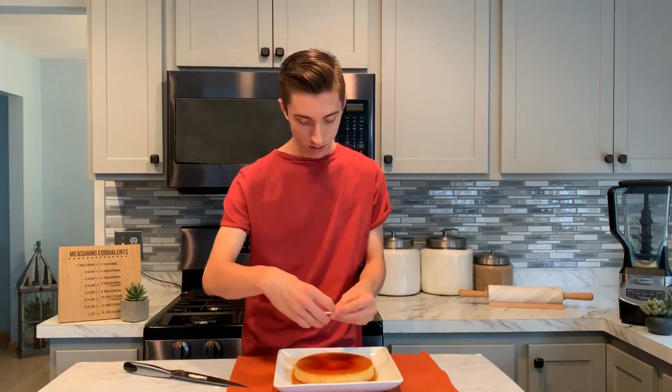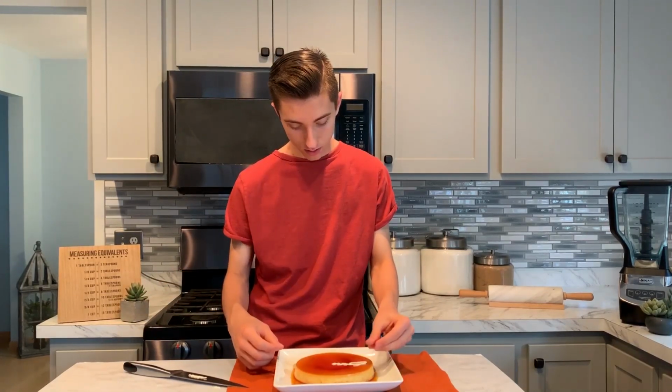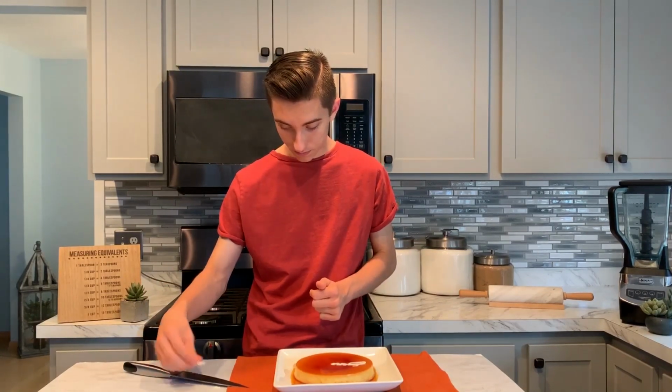Now we basically just made flan, and I wanted to give it a little bit more of a senorita vibe. So I wrote the word Senorita from the single art out of some white chocolate, and I used a template, which, thinking about it, is really just squiggly lines. I am going to place that onto the middle of our flan. And here we have it, our Senorita